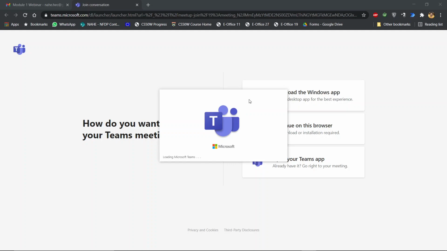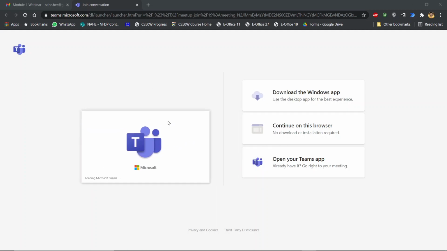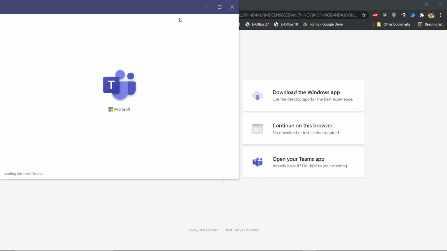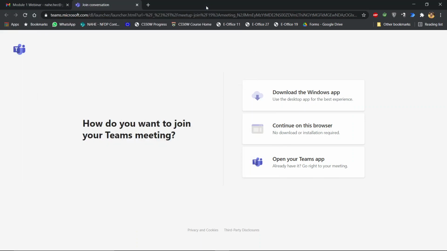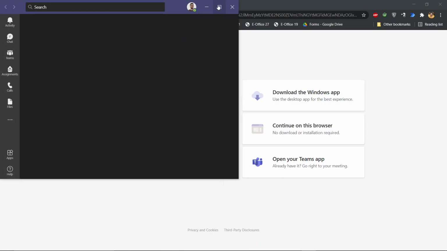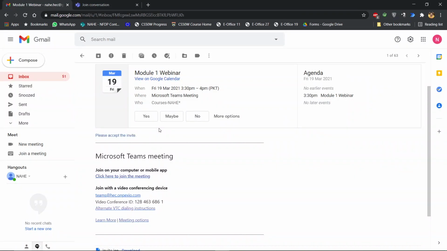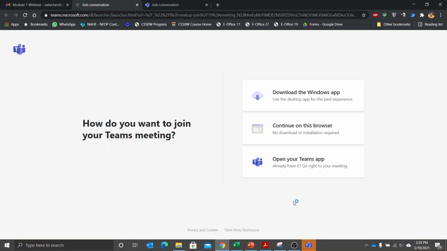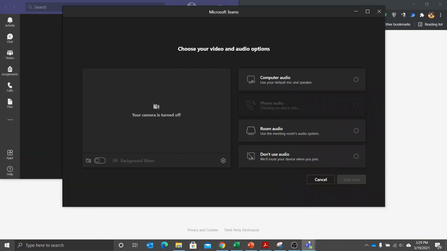Now, if you have Microsoft Teams already installed on your computer, a web application will also open up just like here. But if you do not have Microsoft Teams installed, then you can click here on download the Windows app, and then click on the setup file that will be downloaded and follow the installation instructions, that will take care of it. So let me just go back again and click here to join meeting. So once I click here,